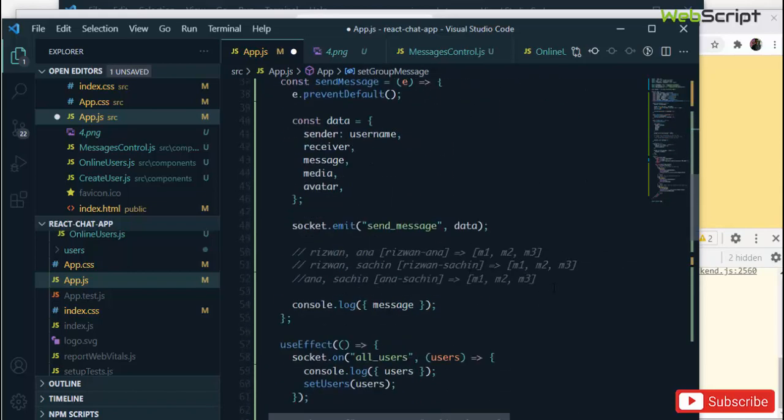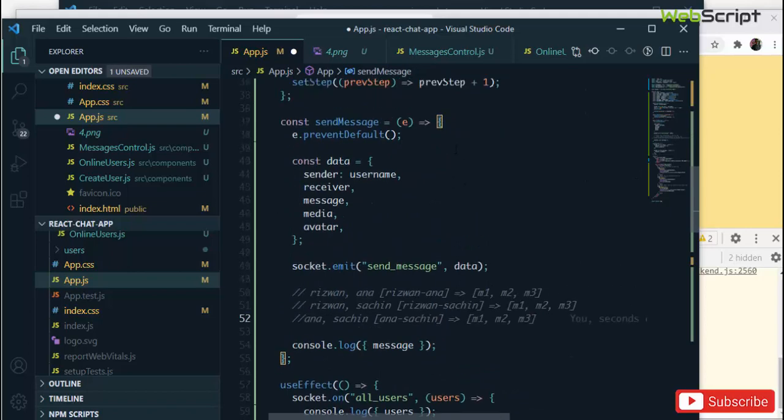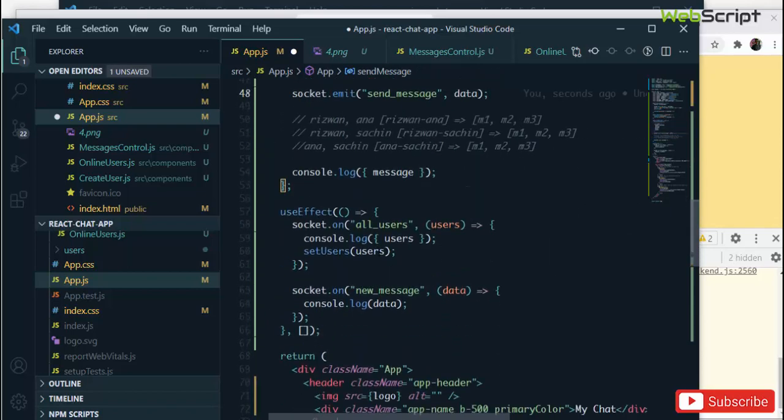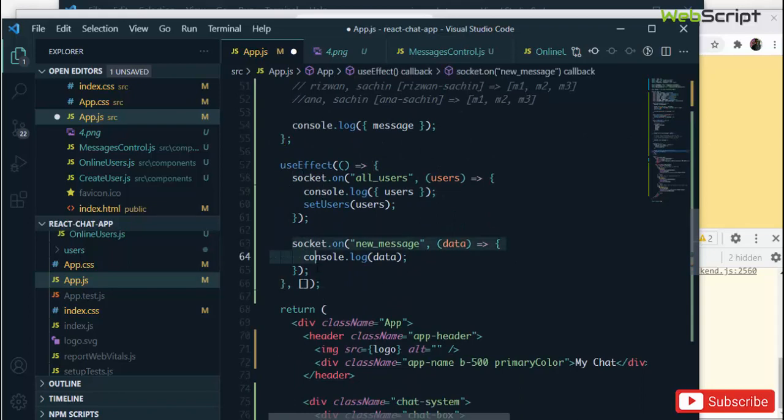I think you have got the idea of what I'm trying to do over here. So I have to do this thing in two places. First, when I'm trying to send the message, I want to store my message also, right? And also when I receive a new message from the server, then I will store it based on the sender